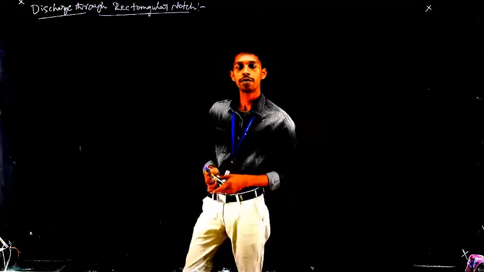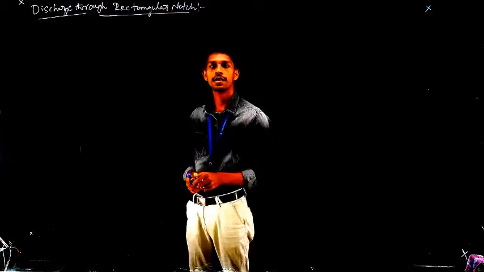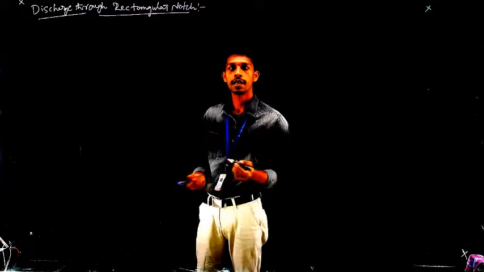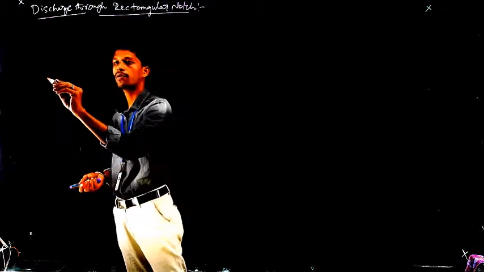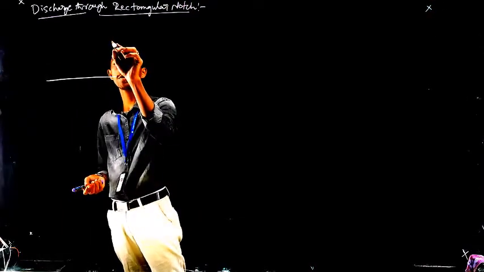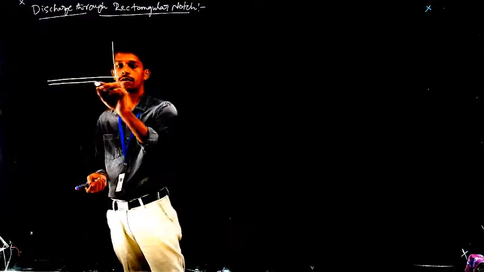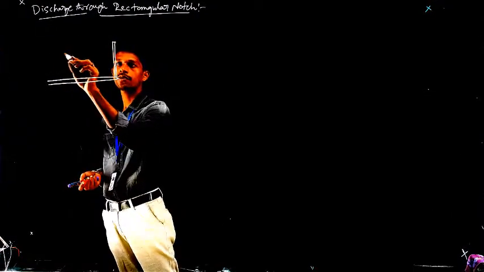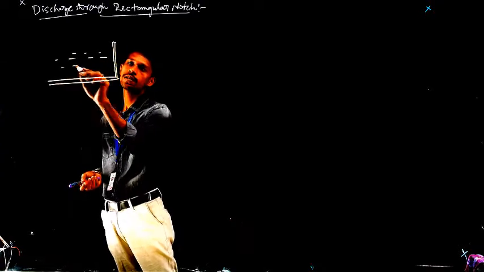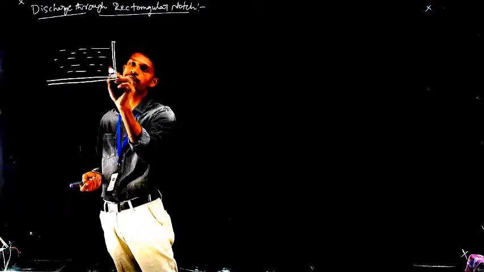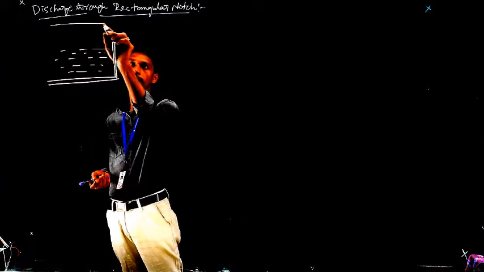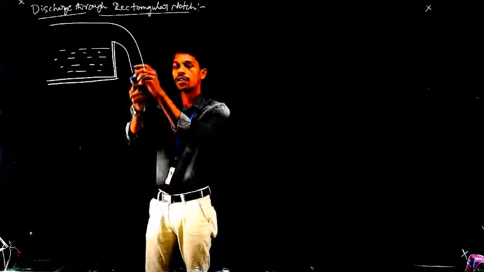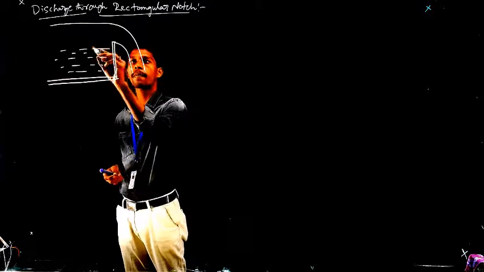So in this we have to find out the expression for discharge, right? So to solve this, consider a rectangular notch. Assume this is the rectangular notch I have considered. In this is the water and this is the downstream side water which is flowing, right?